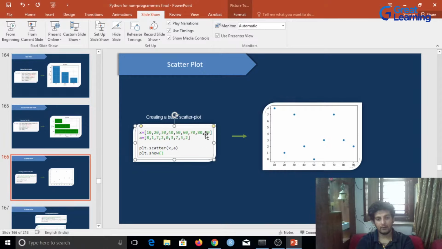Then as you see, we've got a point for 90 and 2 as well. Then we've got another point for 980 and 3. Then there is a point for 70 and 7. So this point which you see is a mark for where your x-axis value is 70 and your y-axis value is 7. So making a scatter plot is very simple. All you do is create two lists, and then inside plt.scatter you pass in both of these lists, and then you use plt.show, and then you get the result.